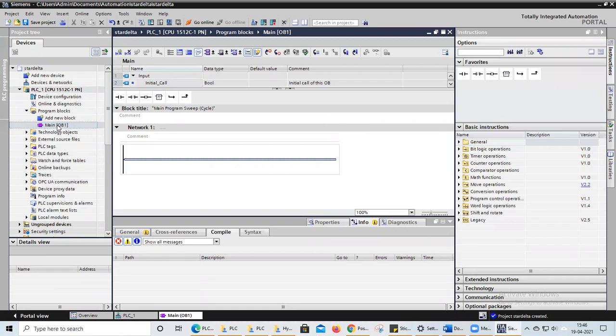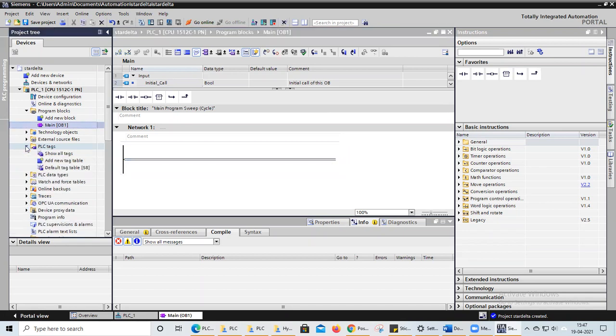Before going for the main block, I want to introduce one more thing, because always, if any circuit black box is given, we have to know what the input and what the output is, and the control logic we will develop by ourselves. That is the general case. In our star delta also, we have to know what inputs and outputs there will be. So we will go for one more thing here. Here you can see PLC tags. One more option is there. You click on this one. You have to create new tags.